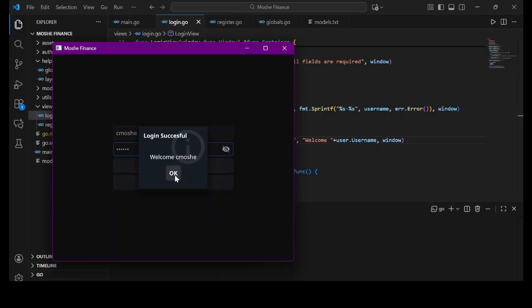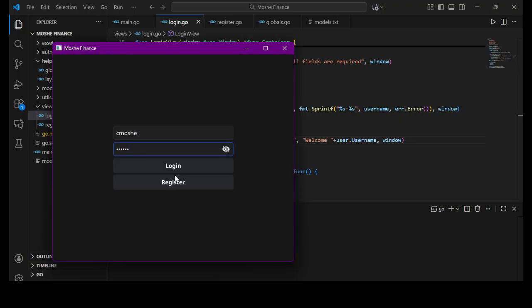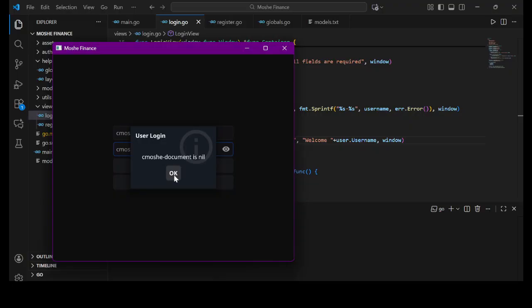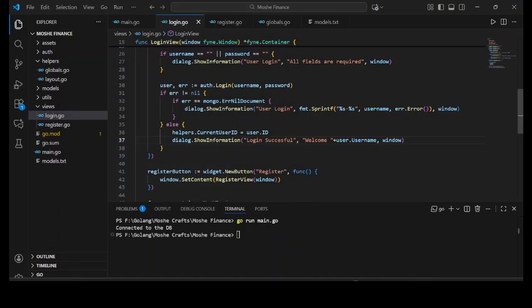Because the user already, actually after logging in, okay. So to be able to register a new user,